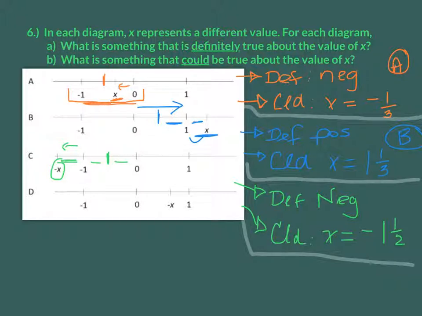Okay, our last problem down here. I've got my x right there on the number line. So it is to the right of 0. I am therefore going to say that it's definitely positive because it's to the right of 0. And what could it be? Well, I'm going to do the same thing I did before. I'm kind of looking at the size here. I would say that halfway is here. So it's